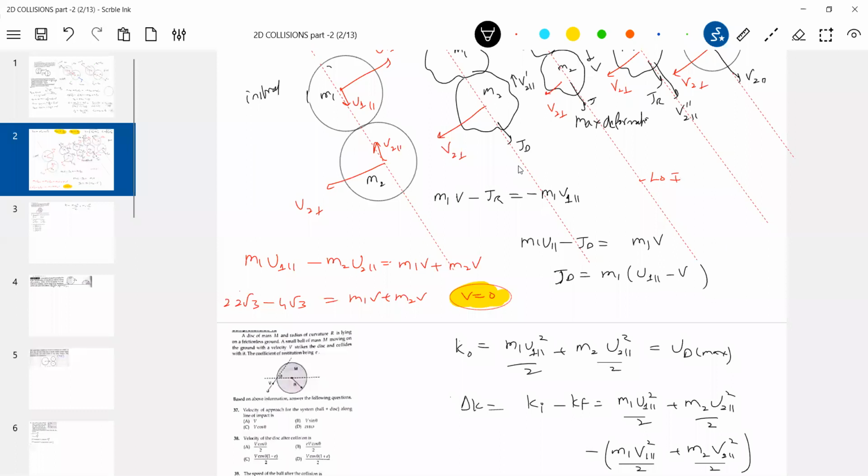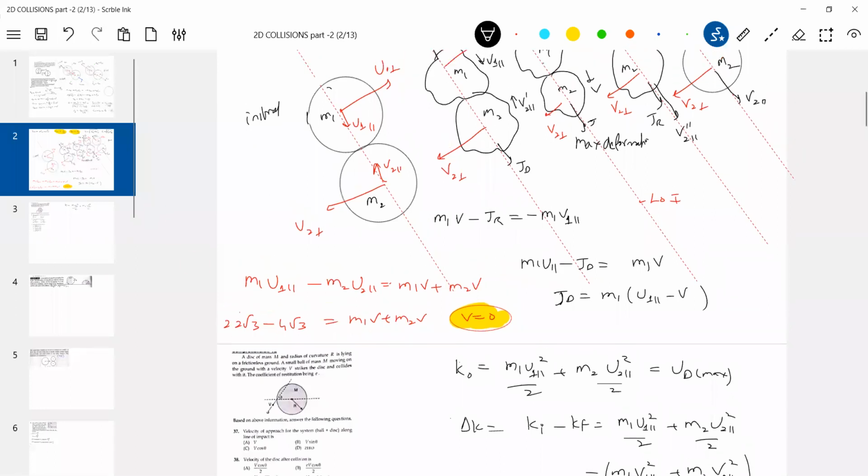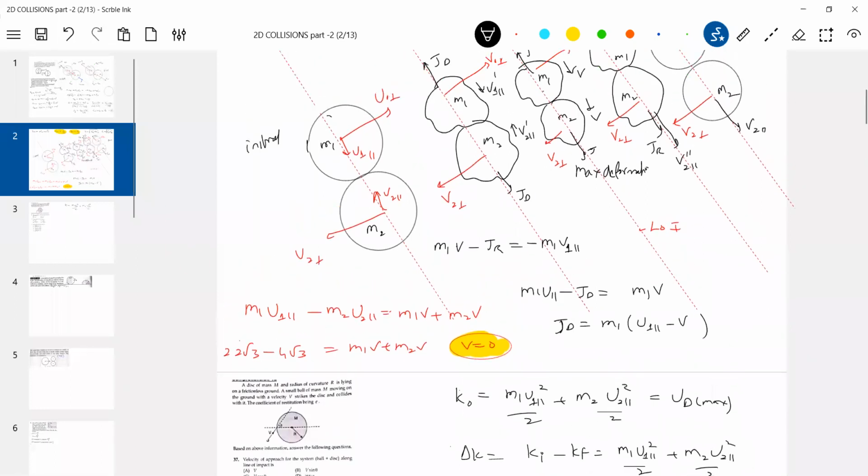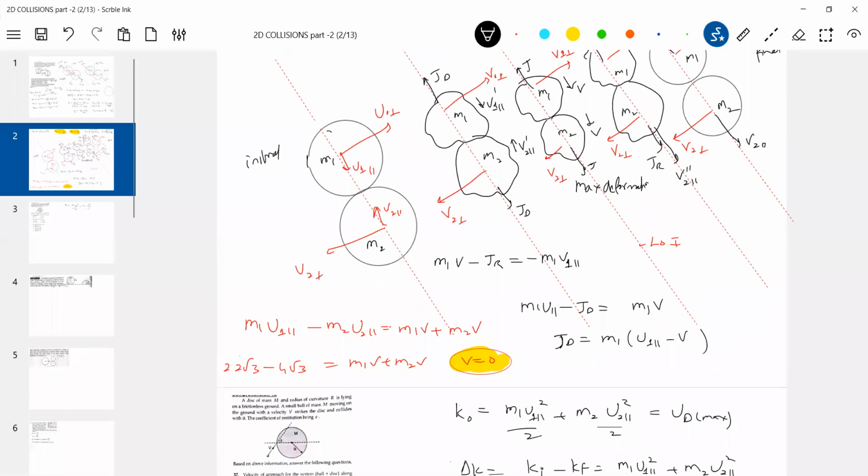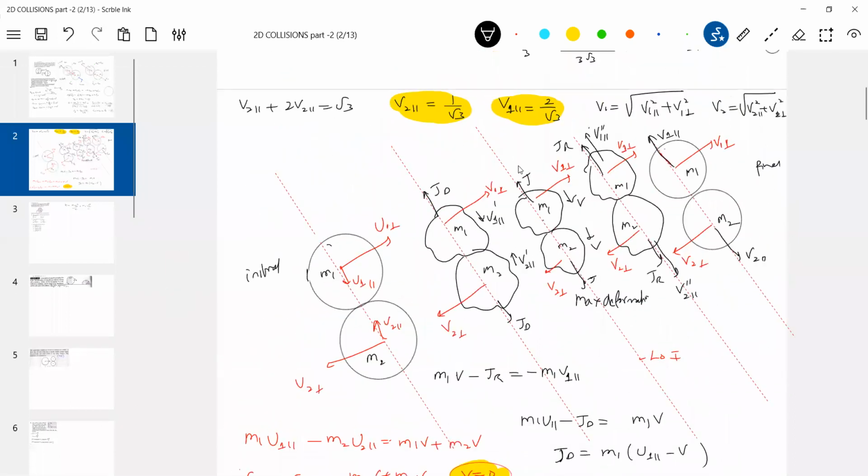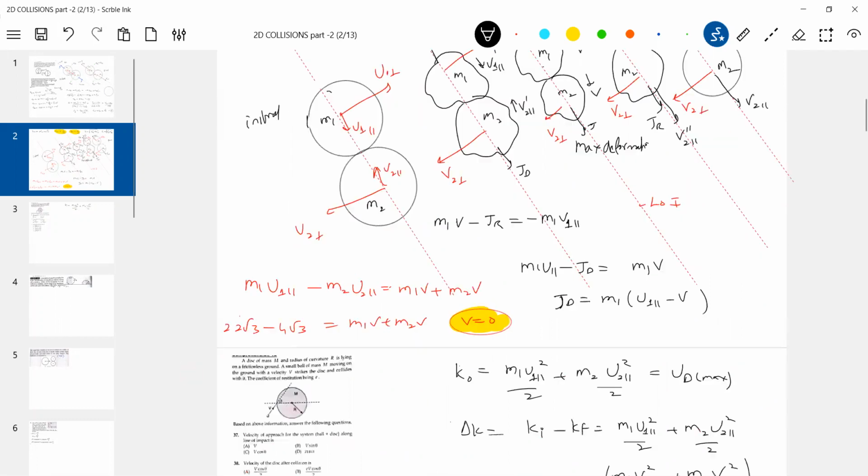Sir, why you didn't bring perpendicular components? Why I didn't put perpendicular? Because the perpendicular components, they remain same, no? V2 perpendicular is U2 perpendicular, V1 perpendicular is U1 perpendicular. Only velocities along line of impact, their magnitude and direction will change. So that I am taking along the line of impact. This will be the